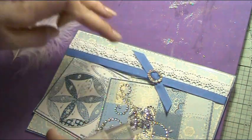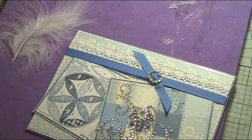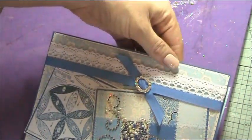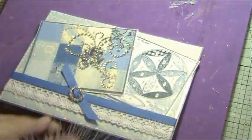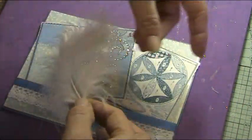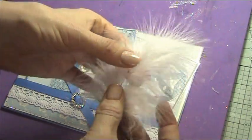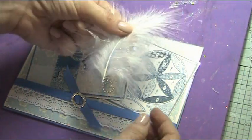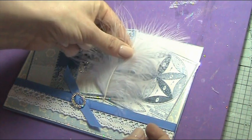There we go. So we put plenty down because we've got a few bits and pieces that we're going to be poking into that little gap. So now I'm going to turn that around the right way. And I just want to loosen my feathers here so they sit nicely. And then I'm going to just position that